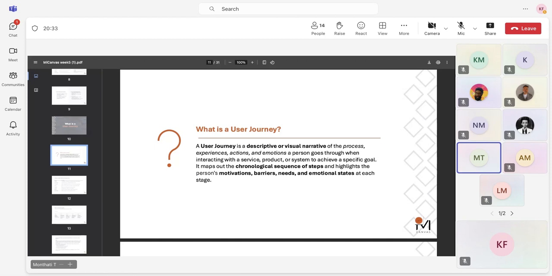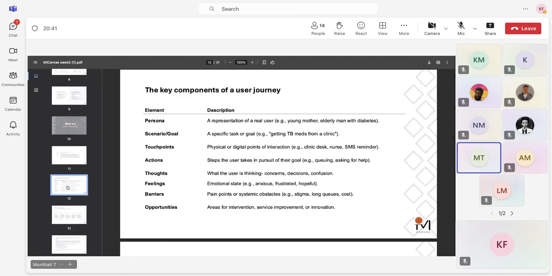So as we go through this class and the next one as well, you guys will start to understand this a bit more, especially once you start to practice doing it in real life. The key components of a user journey typically start with a persona. So even though we design archetypes, when we now go into the design process, we want to humanize it a little bit more. I think a lot of you were already doing that in the last class, where you would give it a name and then a persona after that. So saying Lerato, the tech skeptic, or whatever. So bringing that element in and then designing a scenario around a specific task or goal that that person is trying to achieve.